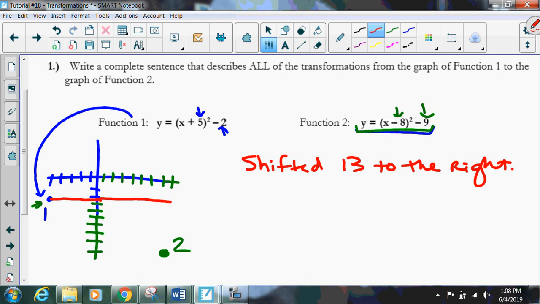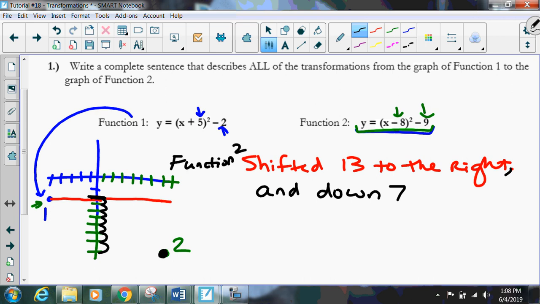The second transformation that we made, let's do that in black, is a vertical shift, right? We were up here at -2, and we shifted down all the way to -9. So that means we dropped down 7, right? We went 1, 2, 3, 4, 5, 6, 7, and there's where our vertex 2 is. So we shifted 13 to the right and down 7. And so our answer, if we're going to write a complete sentence, we would write function 2